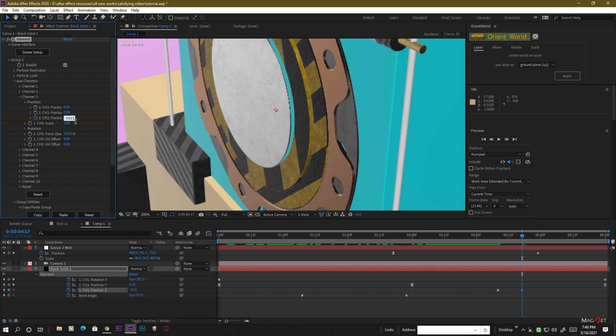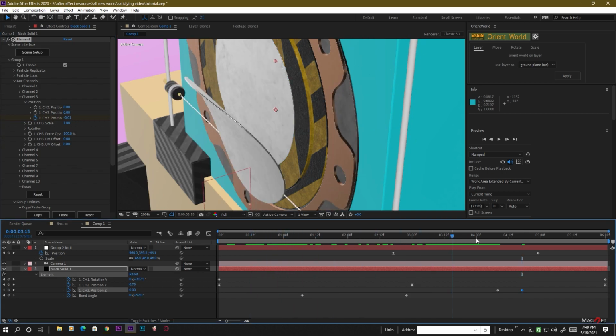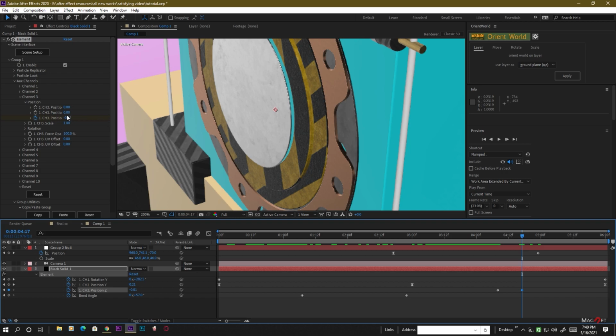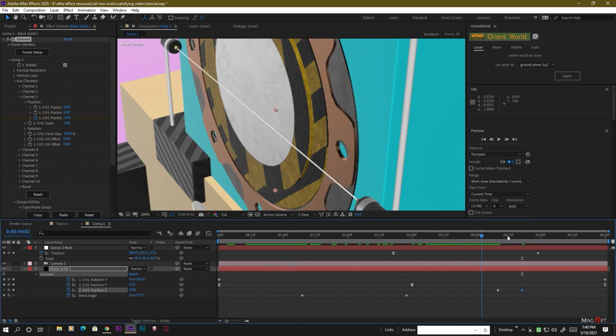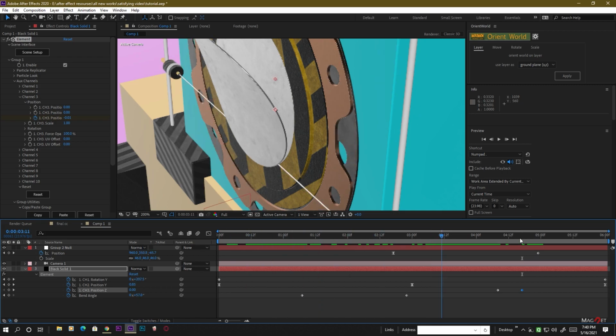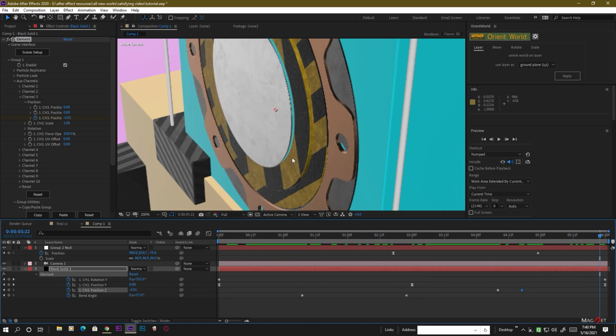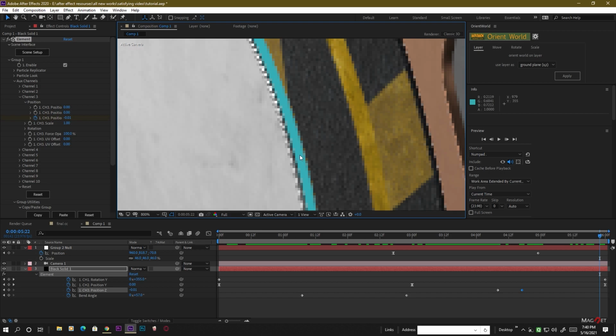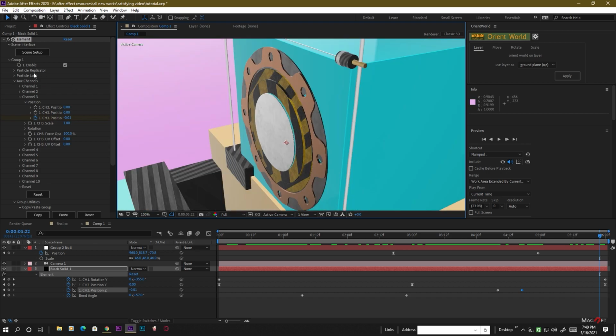So maybe we put it 0.013. Let's see. No, 0.013 is not right. Maybe 0.011. Okay, that looks right. But we still see some blue edge here, so go to the scene setup again,